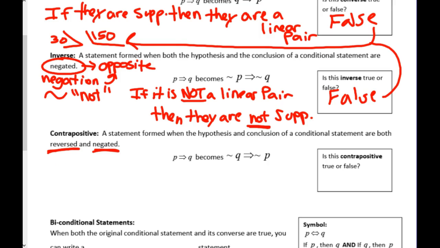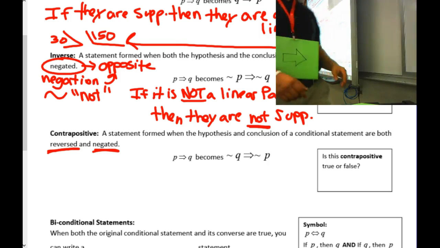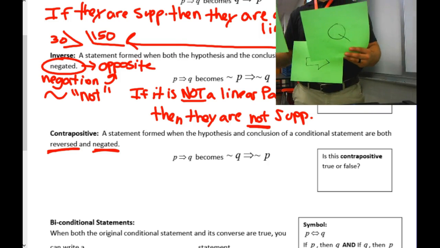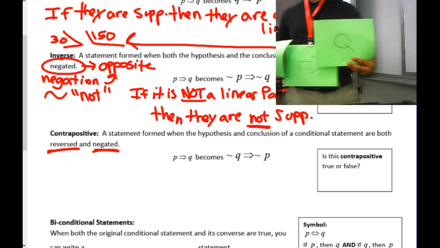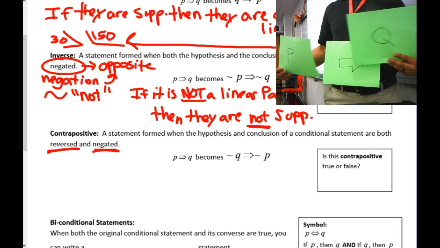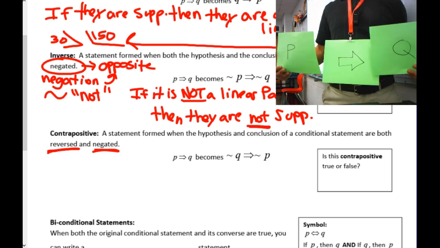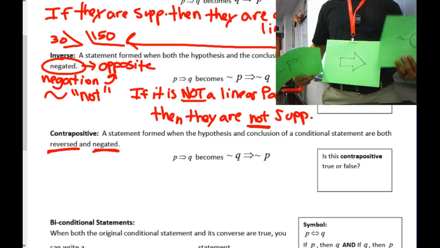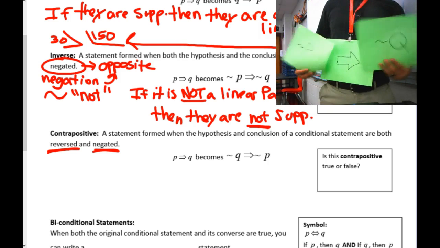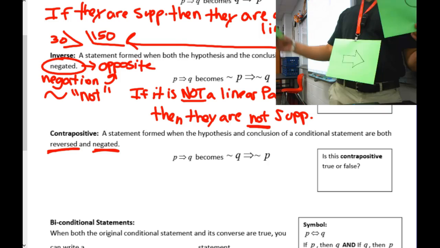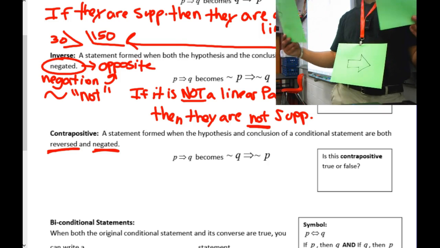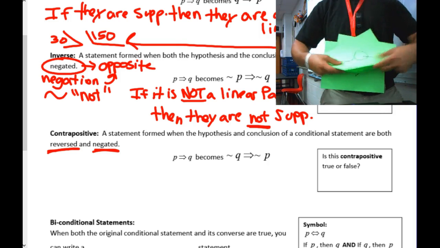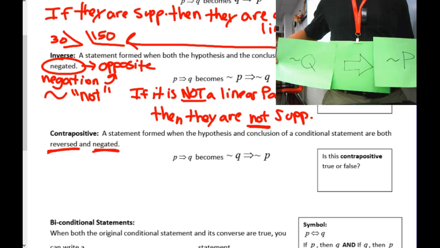So real quick, let's talk about this. Okay? So again, I have if P, then Q, right? If P, then Q. So converse was switching, inverse was flipping, right? Now, for contrapositive, the way I remember that is it's a long word, so it's got more than one step, okay? The P and the Q are going to switch places, and they're going to flip over. So now it's not Q implies not P. Cool?